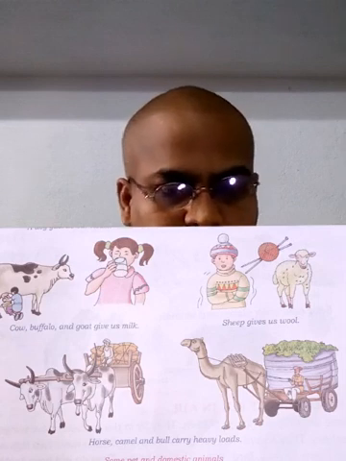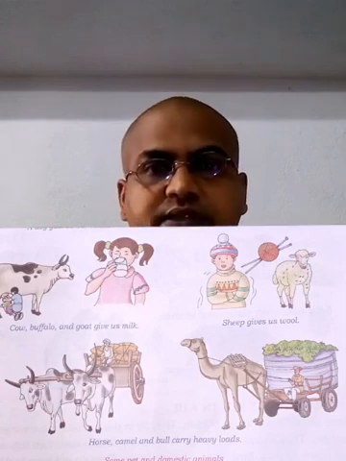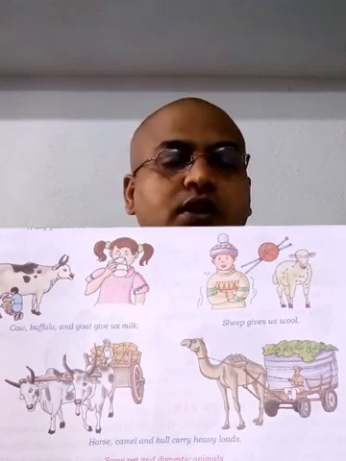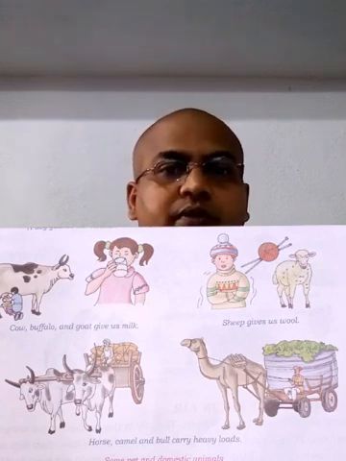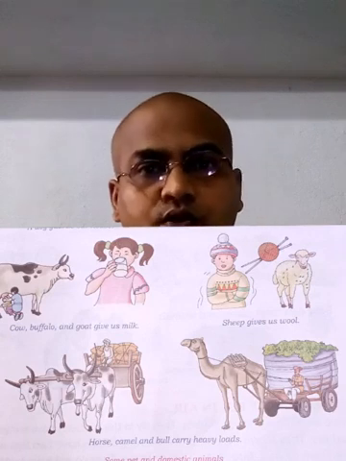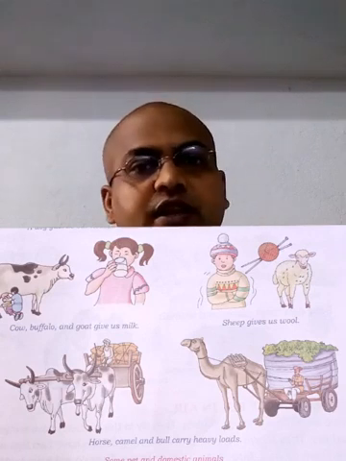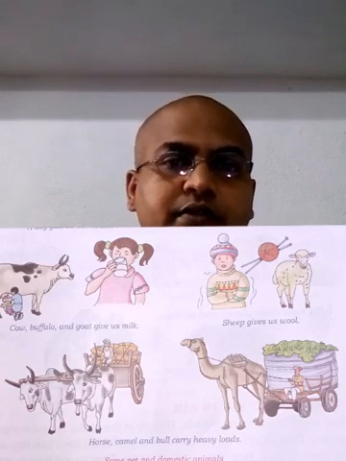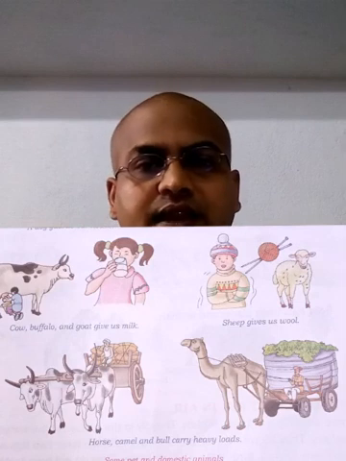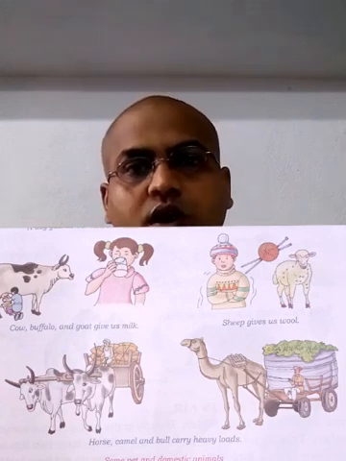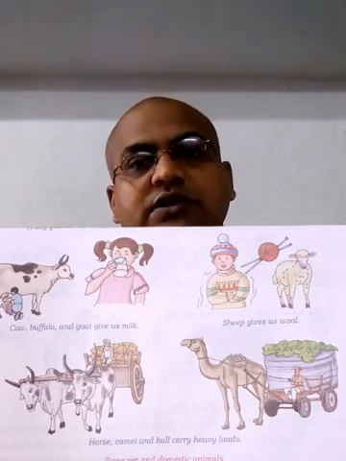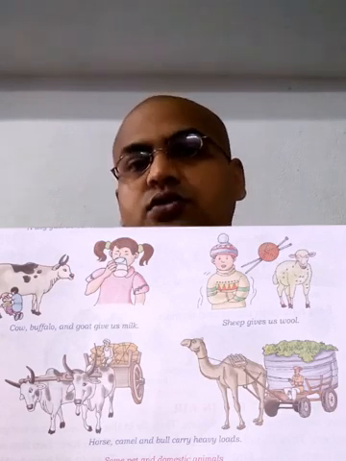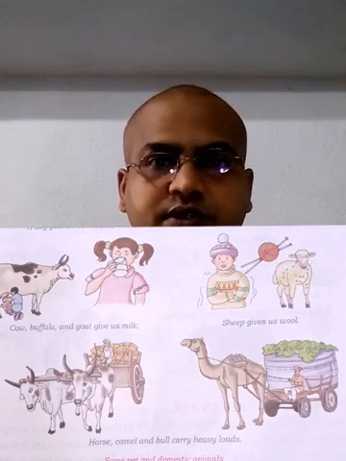The next category or the next type of animals is domestic animals. These animals live close to us, or we keep them just close to our house, and we call them domestic animals. These animals help us in our various work, and we get several types of things from them, like cow, buffalo, ox, donkey, horse. They help us in our several types of work, and we get milk and meat and egg also from this type of animals and birds.